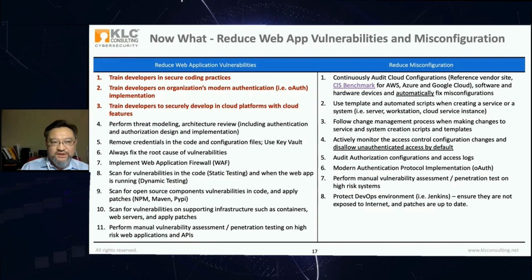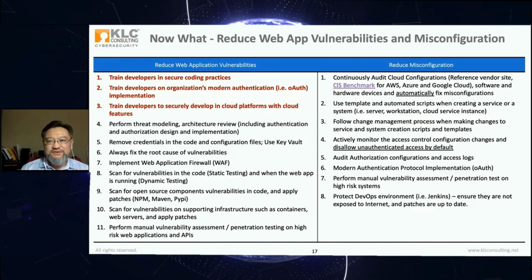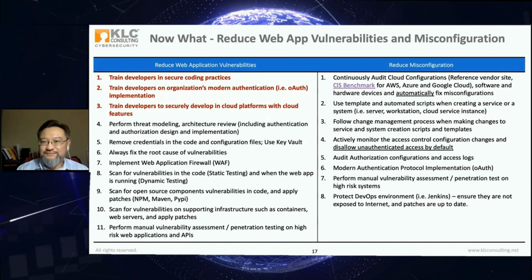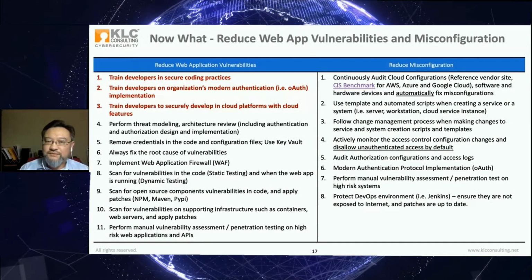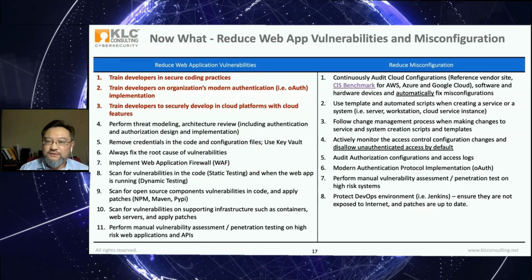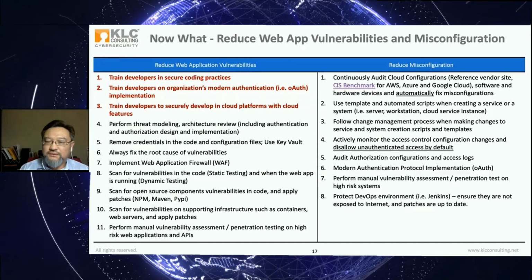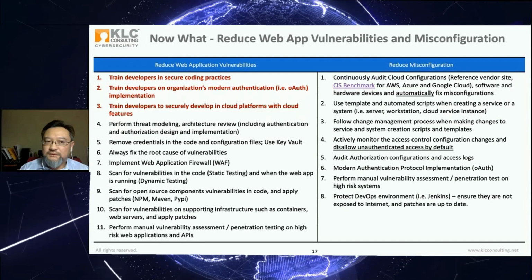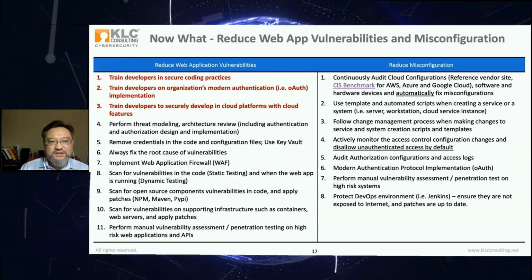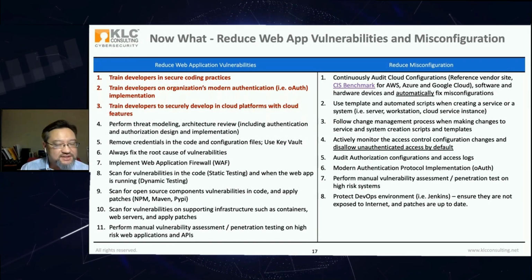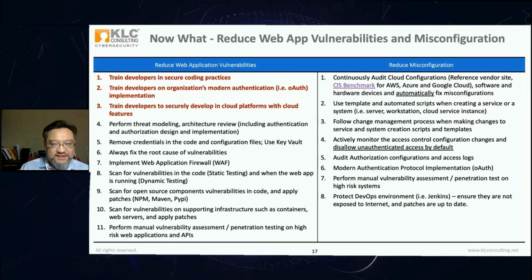I want to see if we can take a couple of questions before we end our presentation. Do you have a checklist for the developers to reduce the vulnerabilities in the application? This is something from a testing perspective, but more from the development perspective. What additional steps do they need to take to reduce the vulnerabilities? Application security best practices. I have developed a few in the past. Maybe you can contact me. I can share some of the secure coding practices. These are probably the best for the developers.